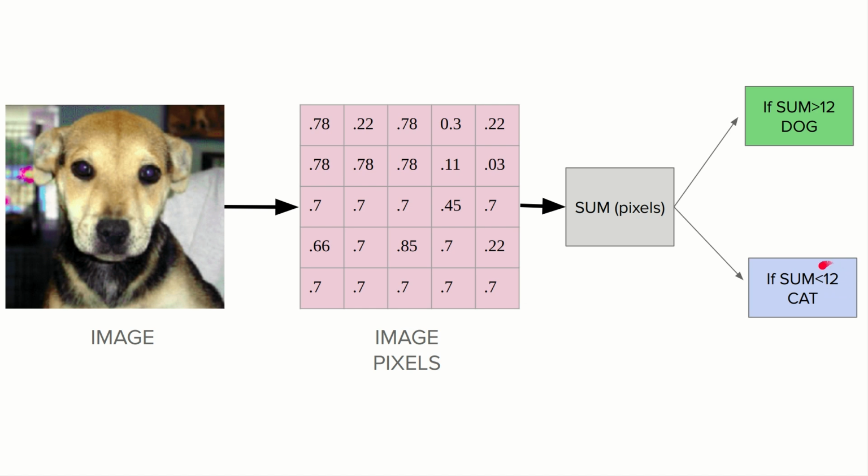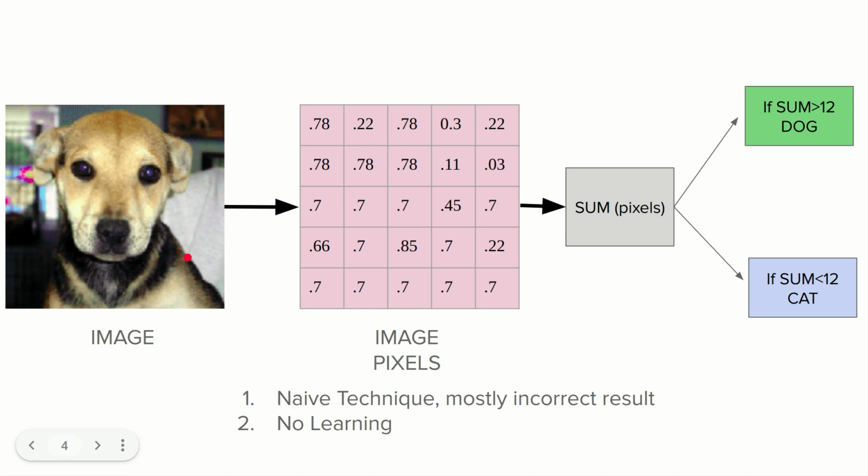In this case, we have taken the threshold value to be 12. So if the sum is greater than 12, then it is a dog. If the sum is less than 12, then it is a cat. What could be the intuition behind this algorithm? A very simple intuition could be that dogs are much darker in color. That's why their pixel intensities might be much higher in value. And cats are lighter in color. That's why their pixel intensities might be much lower in value. That's why we can think of a very simple algorithm that can give us a prediction whether the image is of a cat or a dog.